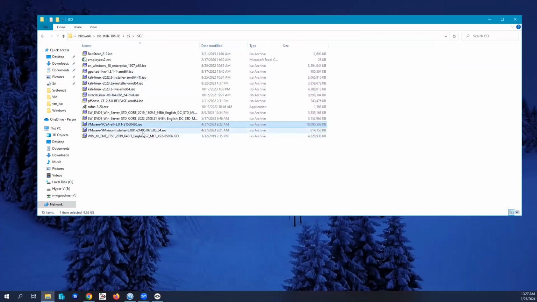Brianna has it. And I believe we tried to do this like the first week of class to get the VMware installer and the VCSA. So the hypervisor right here, we've already done and installed, and it was about a half a gig in size. The VCSA, do you have the version 8